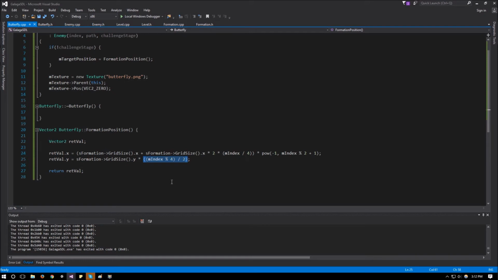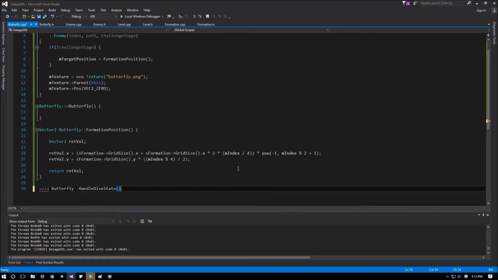And it's just multiplied by the offset on the y. And that will be it for this function. And that will be the most convoluted part of this video, I promise. Okay, now to move on to the easy bit, which is to just say butterfly